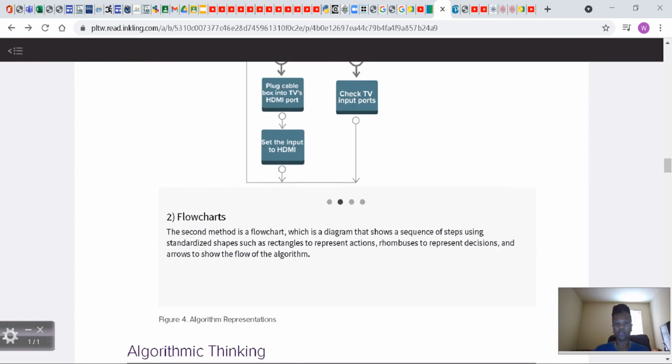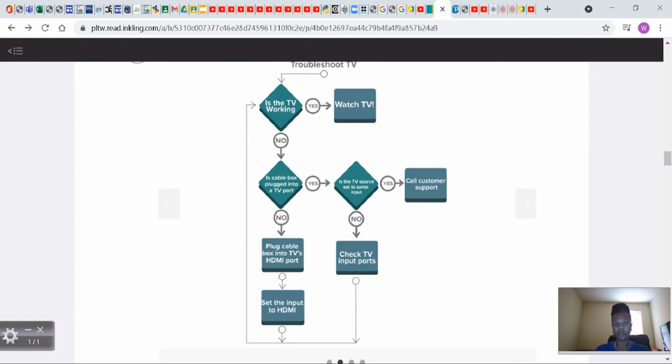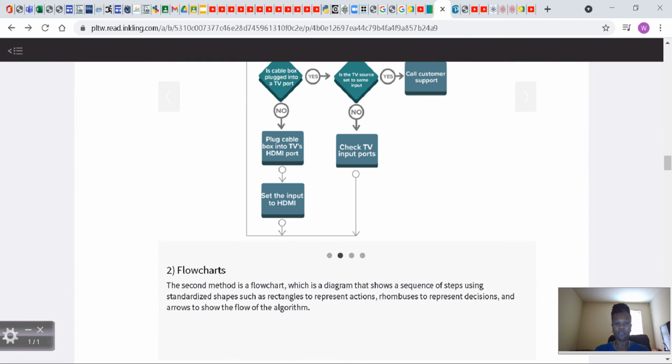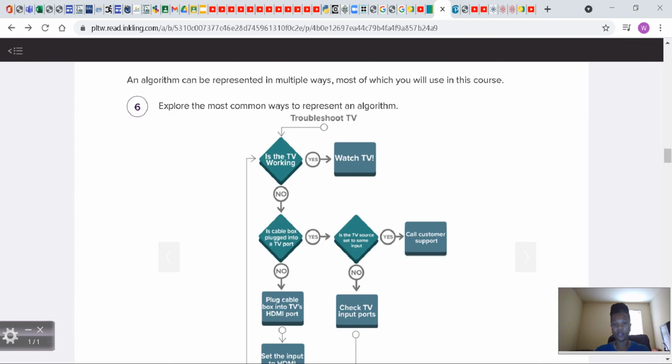So flowcharts, this is the way you can present an algorithm as a flowchart. The second method is a flowchart, which is a diagram that shows a sequence of steps using standard shapes such as rectangles to represent actions, rhombuses to represent decisions, and arrows to show the flow of the algorithm. So these are your squares to represent actions, and the rhombuses to represent